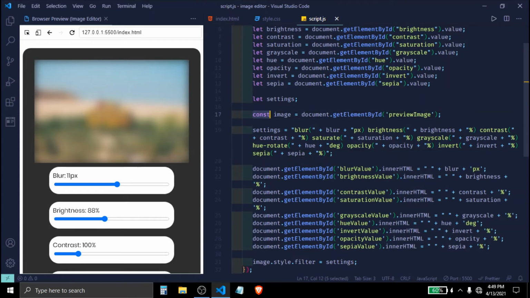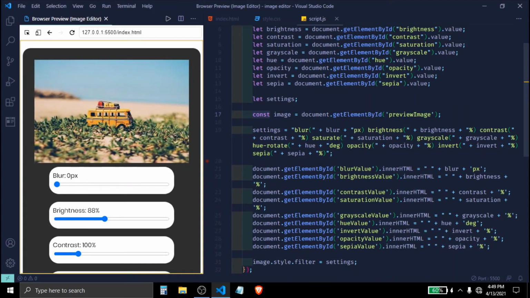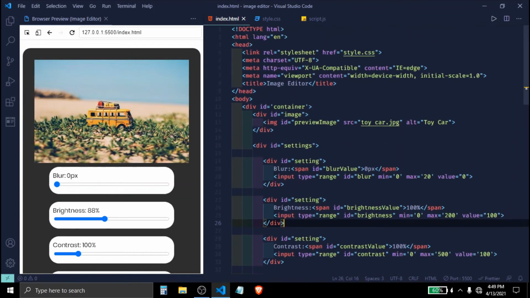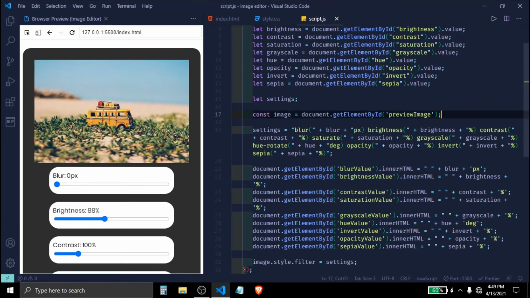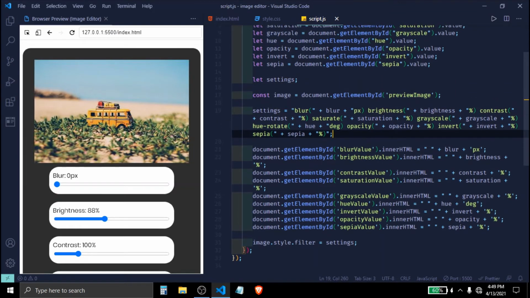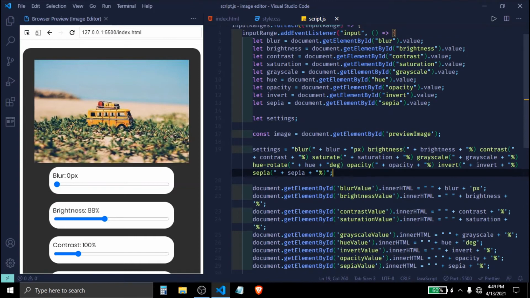Now we can also grab this image using the const image, and we can take its ID of preview image. So if I go here, you can see that it has an ID of preview image. So we are grabbing it, and once that's done, we are taking a settings variable, and concatenating all of these variables, and we are giving it a CSS value.